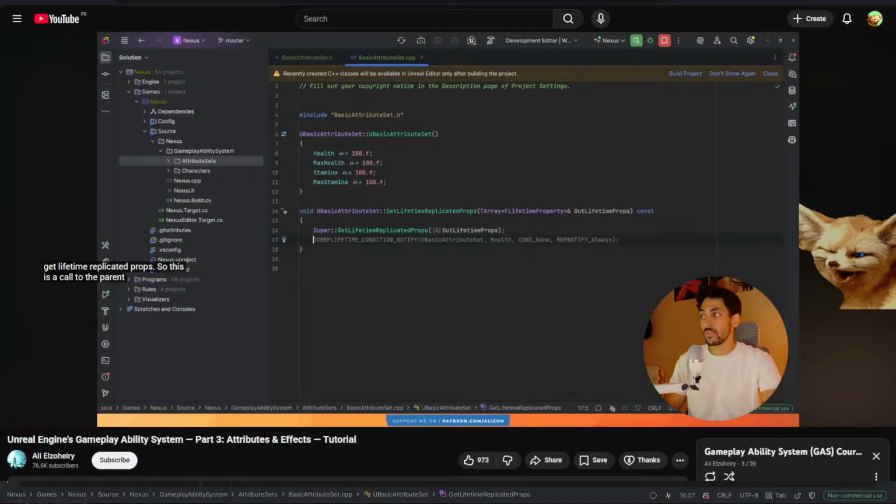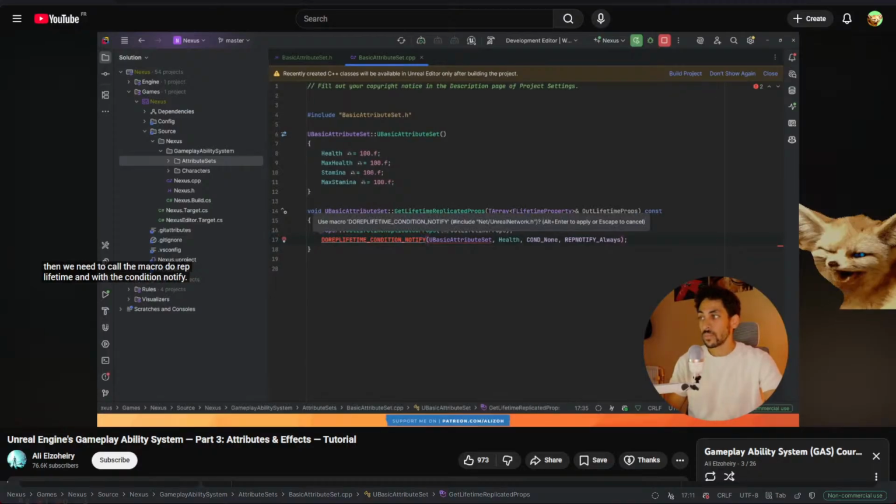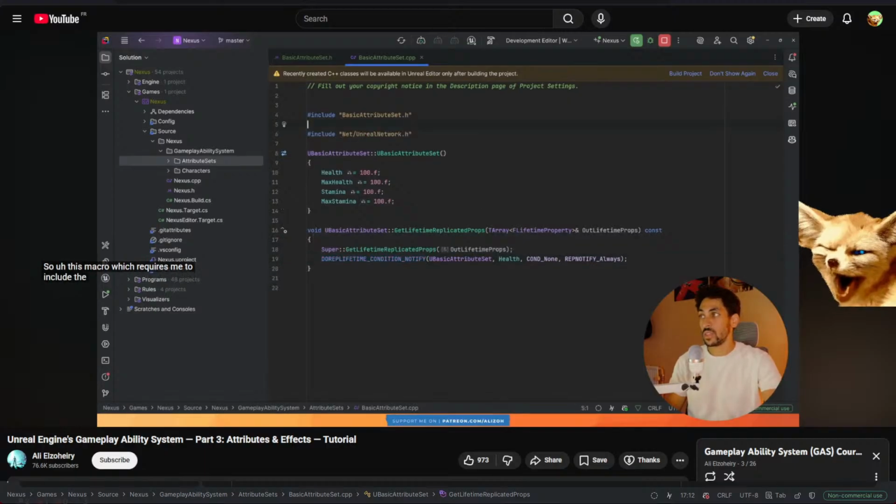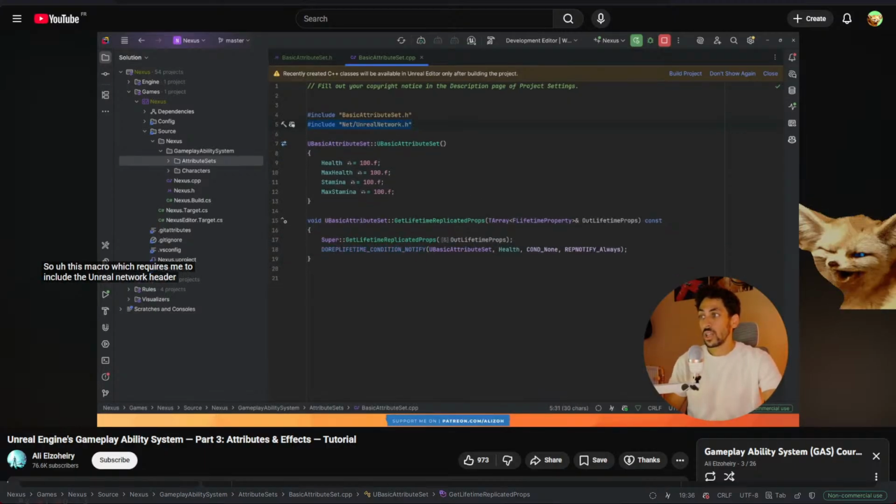So this is a call to the parent function. And then we need to call the macro DOREPLIFETIME_CONDITION_NOTIFY. So this macro, which requires me to include the Unreal Network header, basically says what is the condition to replicate this variable. So here I have condition none, that means replicate to all clients, owning client and other clients. And the rep notify always just means that it's replicated every time the value is received, whether it's changed or